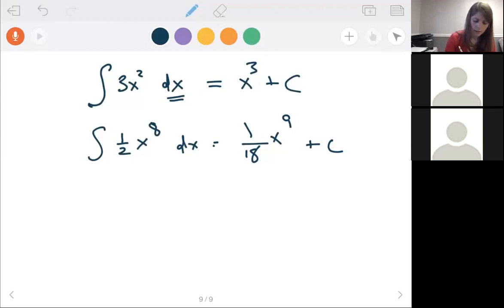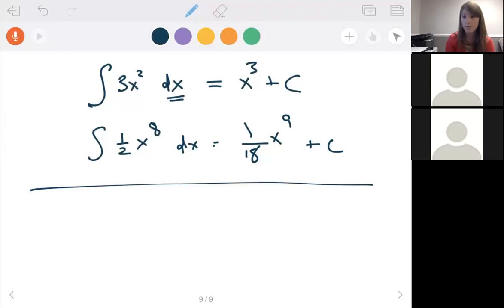So let's go ahead and recap the rules that we just discovered. It's much easier to write the rules of the summary using our new antiderivative notation. So here's what our rule would say. If we are looking at, and I'm going to leave a little bit of space on purpose here, because we're going to go back and put some conditions on this. Let's say we're looking at